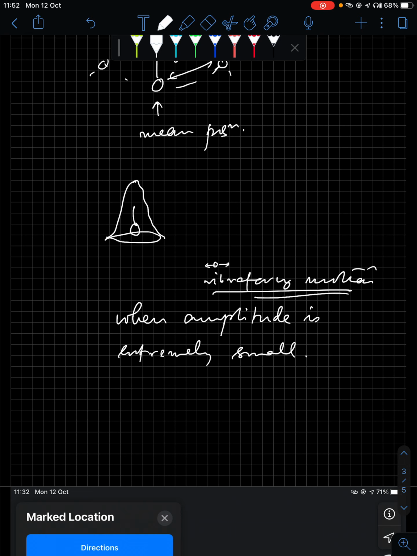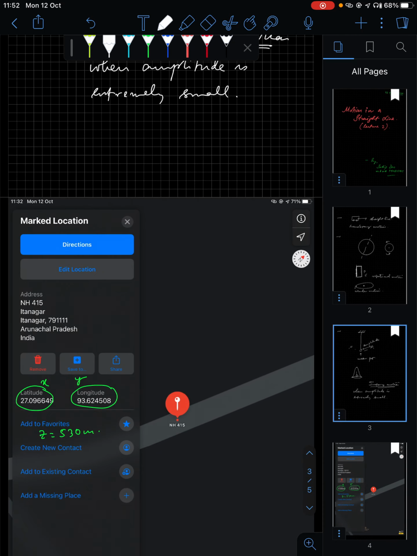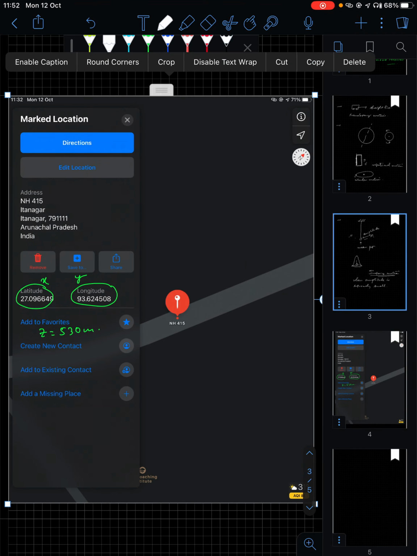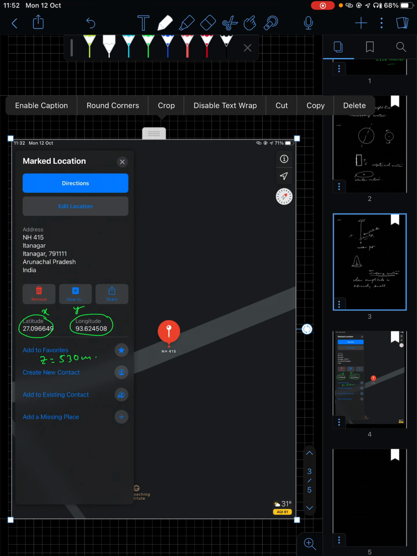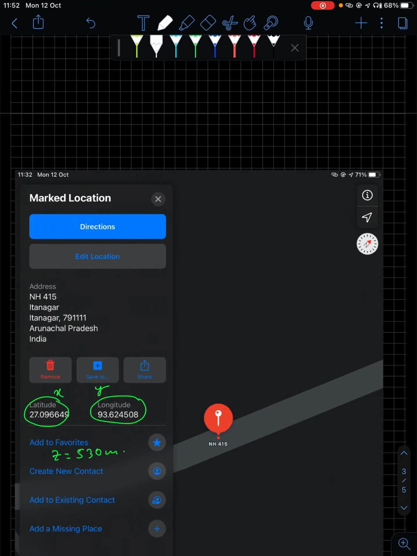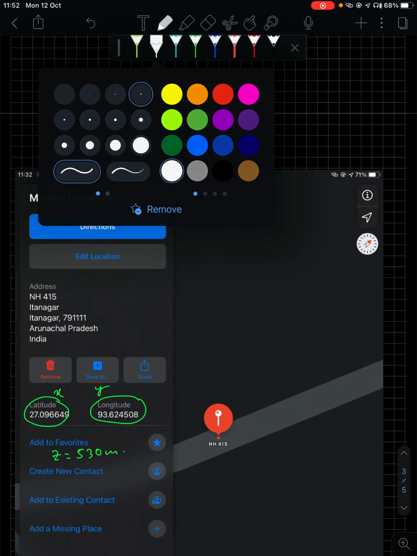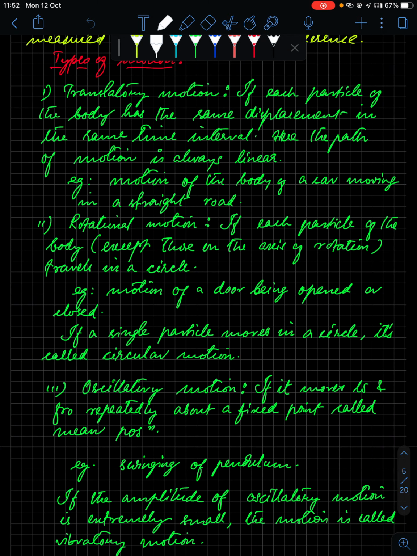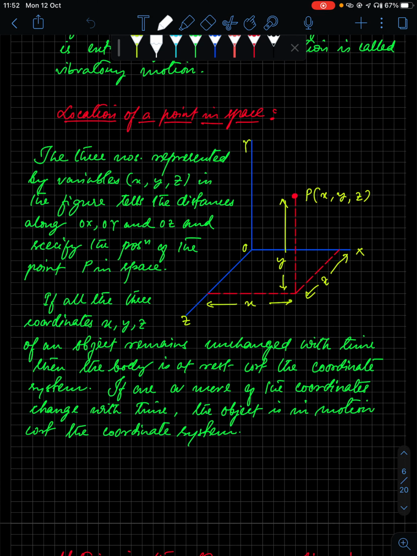After that, we have the location of a point in space. For that, I brought in a diagram from Apple Maps. You won't get the same interface with Google Maps. What is the title? Location of a point in space. So firstly, you see this. Many of you know about it. For those of you who do not know, you can look into this example. This will give you some insight.